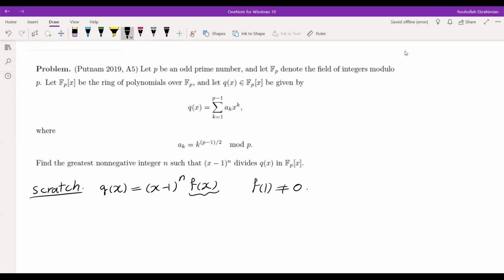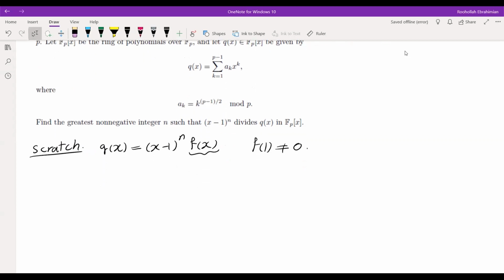But it doesn't look like in this problem we could actually factor the polynomial that I'm given. It's a very complicated polynomial, and it's not quite clear to me how I can factor that. But I could think about other ways of finding the largest power n such that (x minus 1) to the power of n divides a polynomial. One way of thinking about that, if you have a polynomial q of x, and it can be written as x minus 1 times f of x, essentially the only thing you need to check is that q of 1 is equal to 0. If q of 1 is equal to 0, then you can factor x minus 1 from